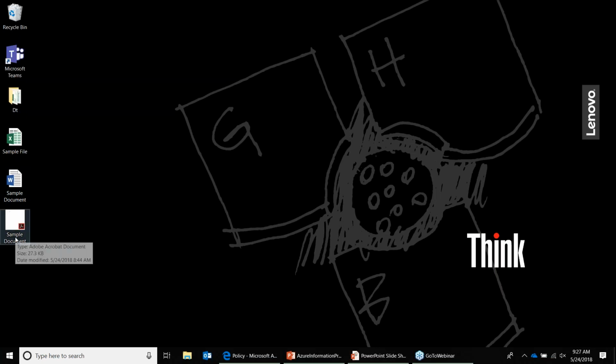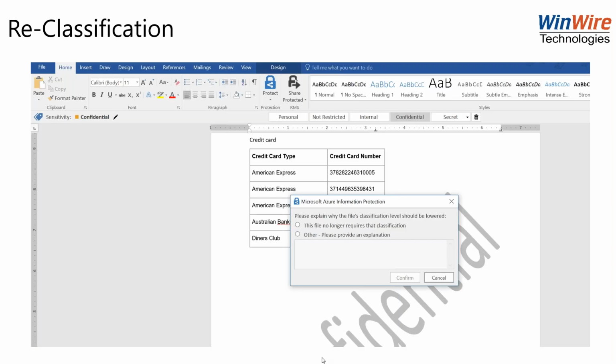For other types of files, you'll have to use the client and protect it. Even in the slide deck, when you open the Office document, it has an option coming up on your slide deck itself, right? That's another option as well.